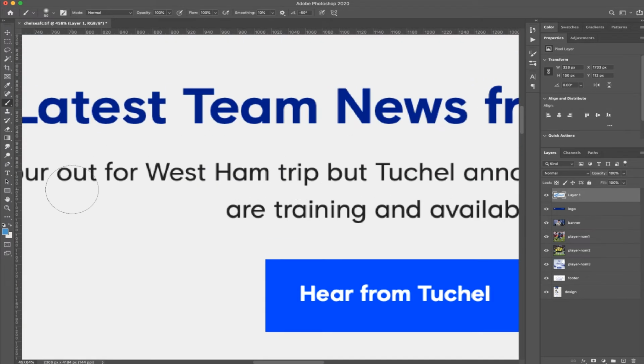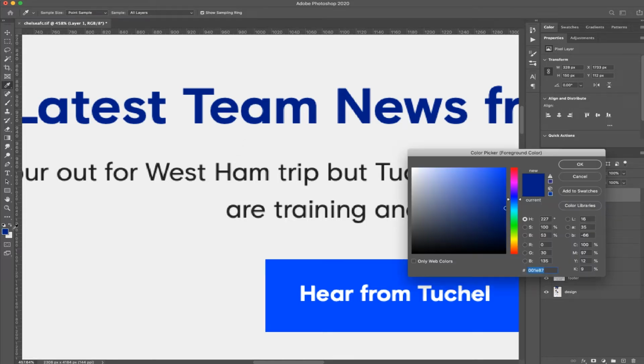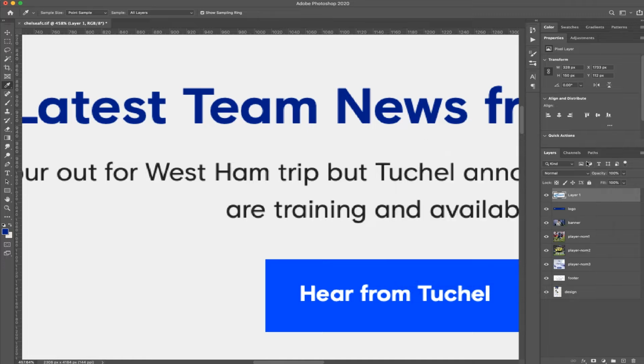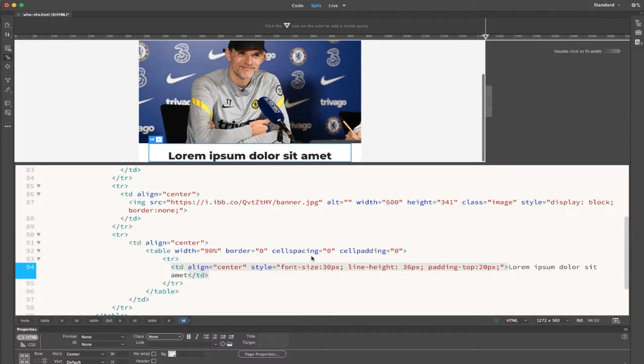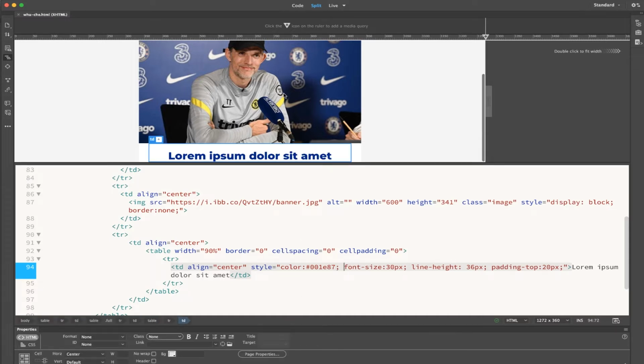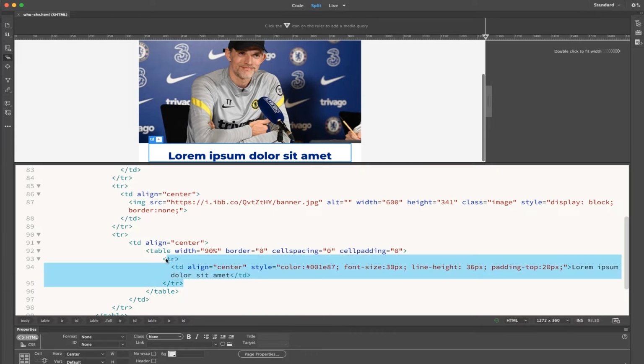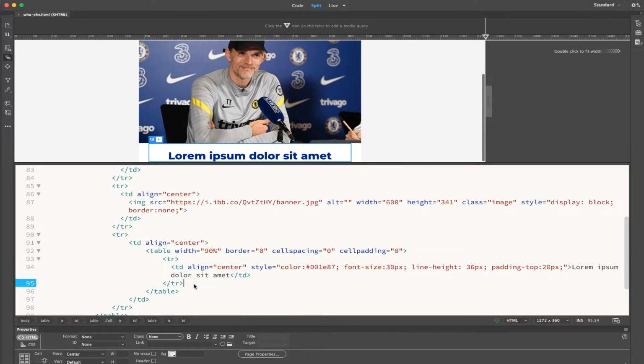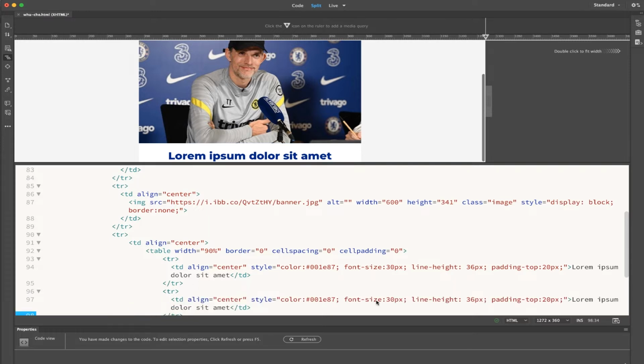So if I zoom in, I can use the color pick tool, then you get the Chelsea blue theme color. You go back to Dreamweaver and you can actually use the color, paste the number we copied, and that should be in there like that. Okay, if I hit save and, let's see, what else do I need? I can actually now copy this, come underneath and do